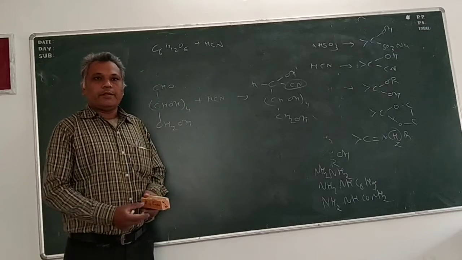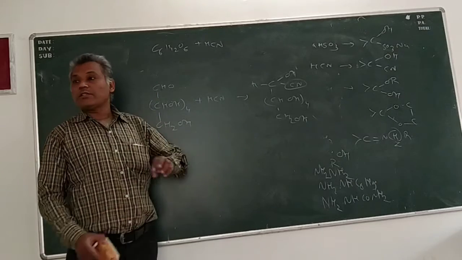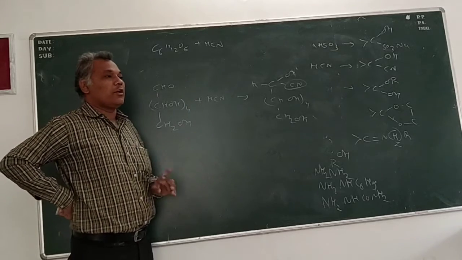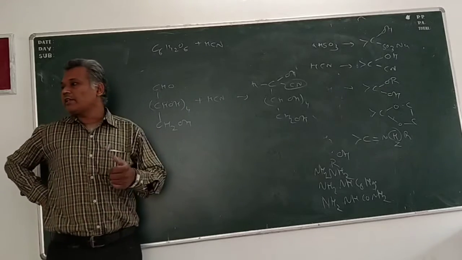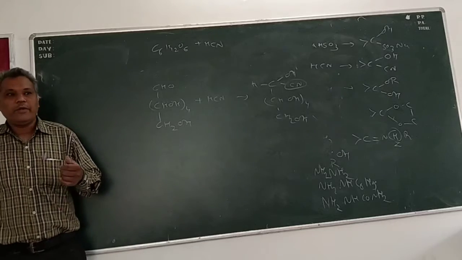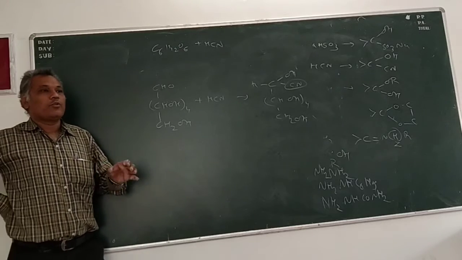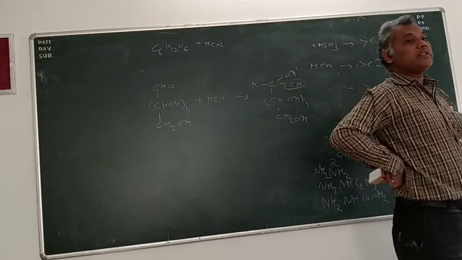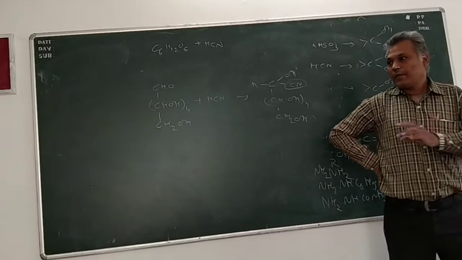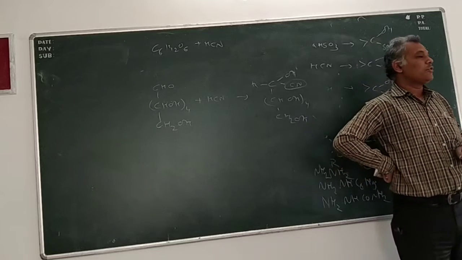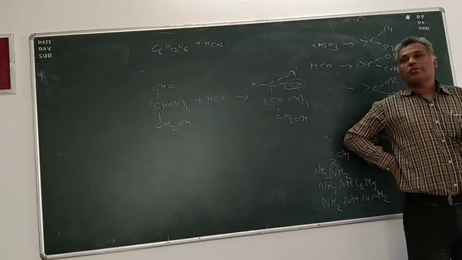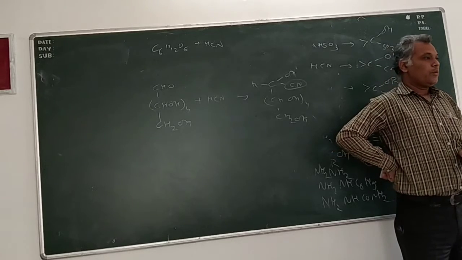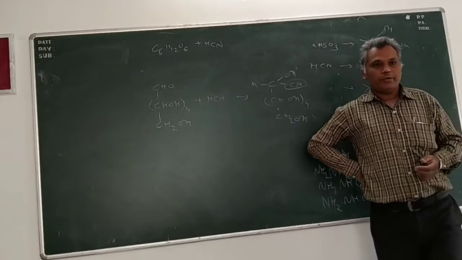Okay, is it clear? So this is a particular reaction through which we can prove that it has a carbonyl group. Yesterday I already told you, it can be a due reason. Prove that glucose contains aldehyde as a functional group. Prove that it contains carbonyl group. For this particular point, which question will we ask? Prove that glucose contains carbonyl group. Okay, so that is your second point.